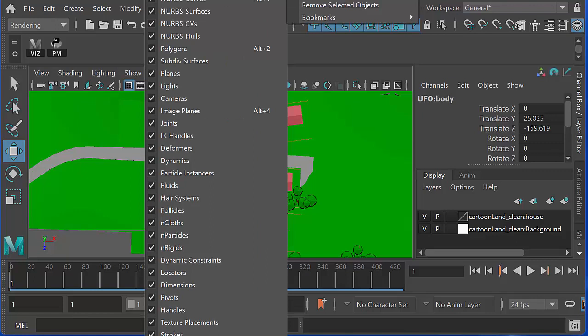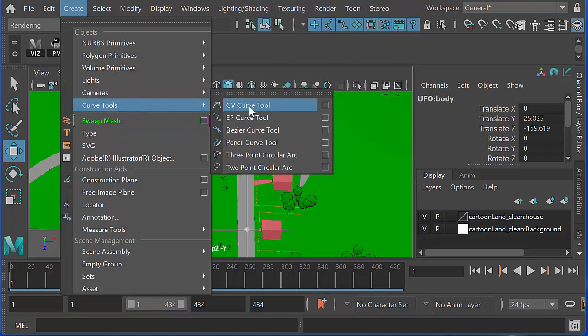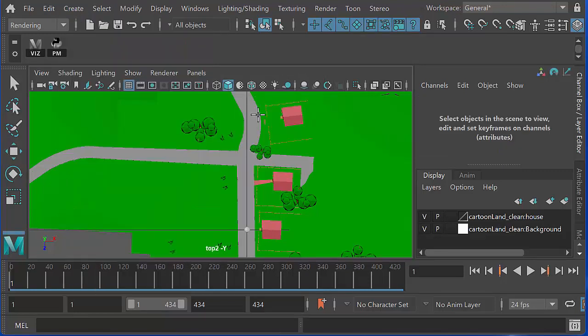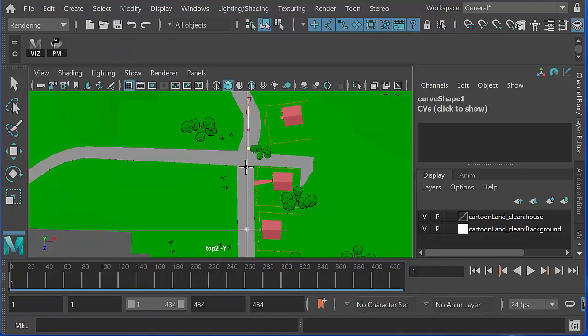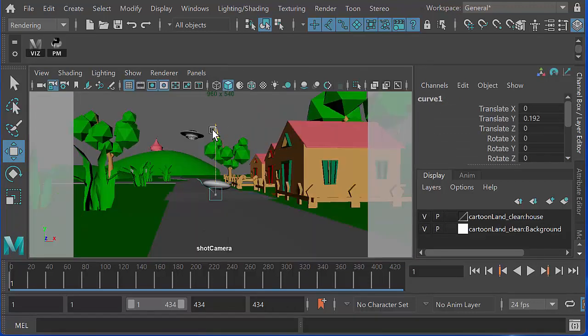which we have. So I can just close that window out, and then I'm going to go Create, Curve Tools, CV Curve Tool, and then I'm just going to create a series of CV curves going down the street towards the house where my camera is. And once I've done that, I just hit enter, and that will create a curve. And if I go back to my camera view, I can lift that curve off the ground, and that's going to be my curve that I'm going to attach the